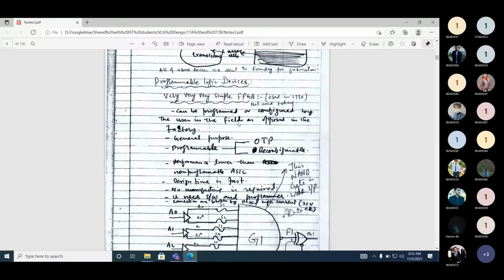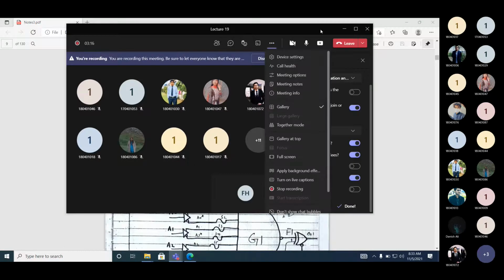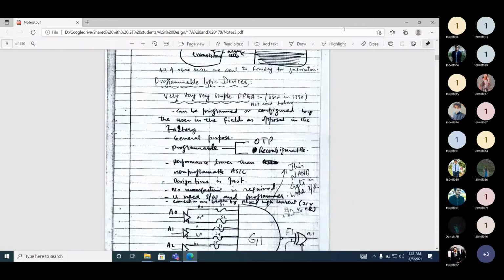Now let's assume you're using a high-level description language, for instance Verilog HDL. If you give your code to this design, there is also a device programmer that will program or synthesize your design on that hardware.